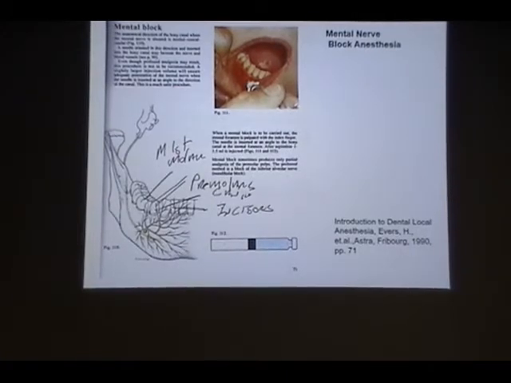When do you think you would specifically go to do an injection into the mental foramen? What teeth would you be working on? Okay, so your anterior dentition, from central incisor back to canine, but also possibly the premolars, first and second premolars,